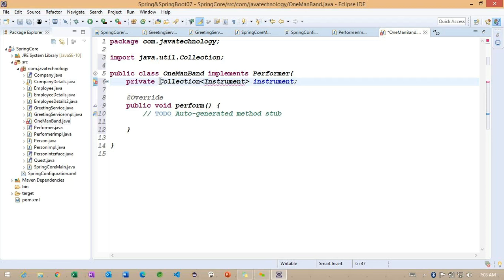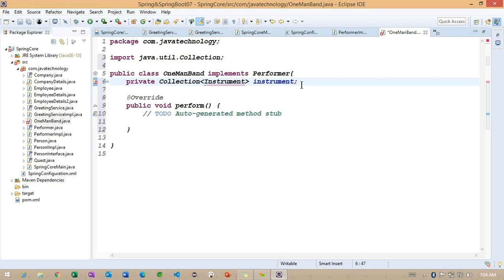Now you can see we have collection of objects information here. How exactly is this collection of objects going to work? To work on this instrument, what do we need to do? Basically, we are going to create Instrument as an interface.